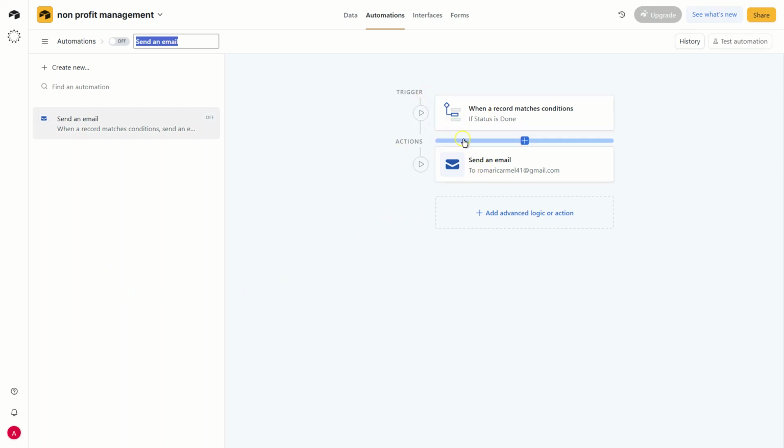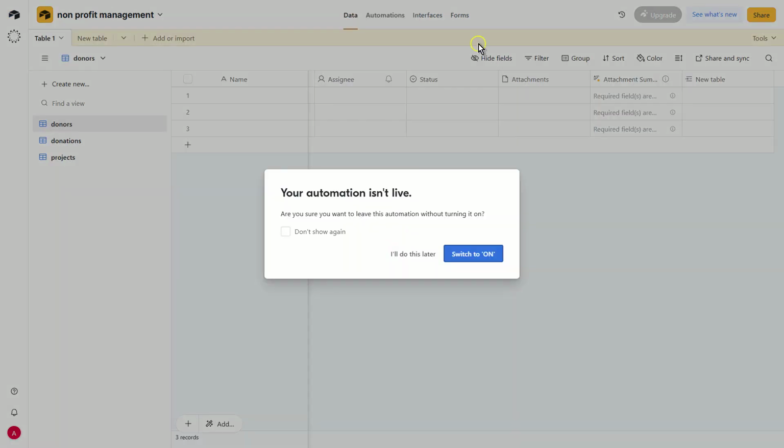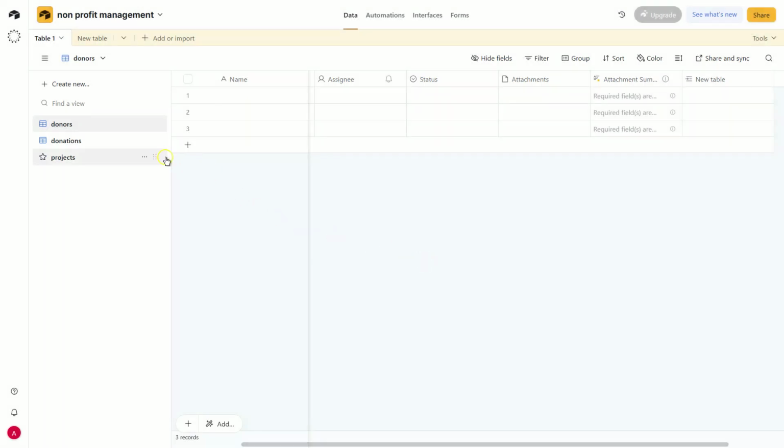And there you have it. A simple yet effective way to manage your nonprofit organization using Airtable. Remember, the key is to keep your data organized, make use of the linking feature, and